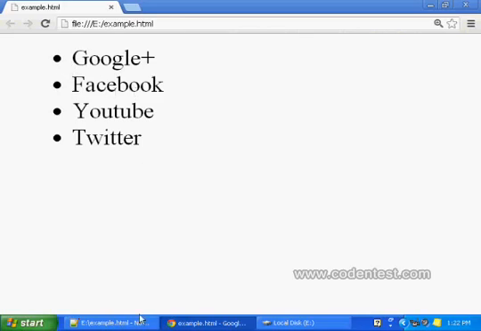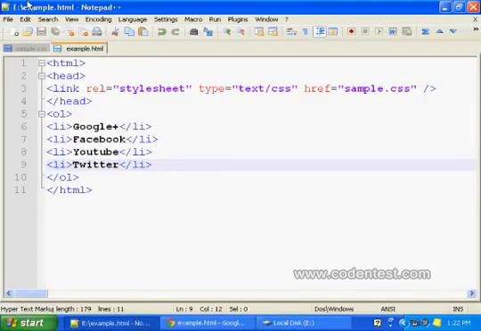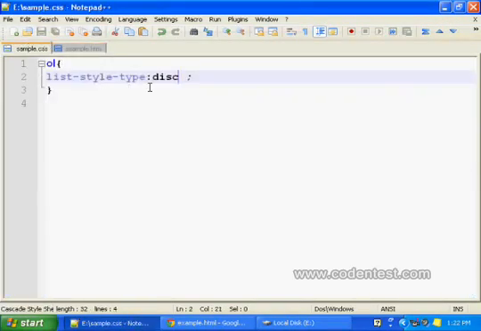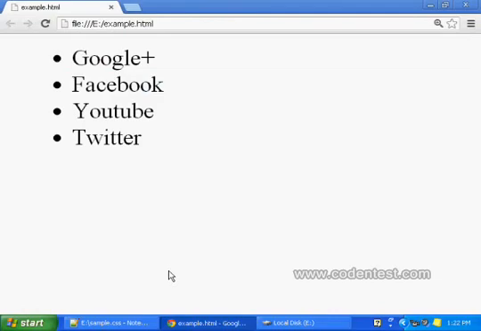If I write circle here, we will only have circle. The inside part will be empty. See here, that's the circle list.